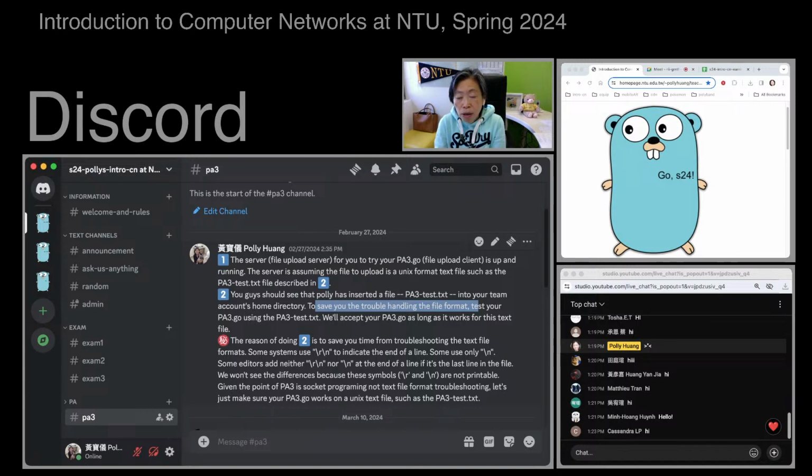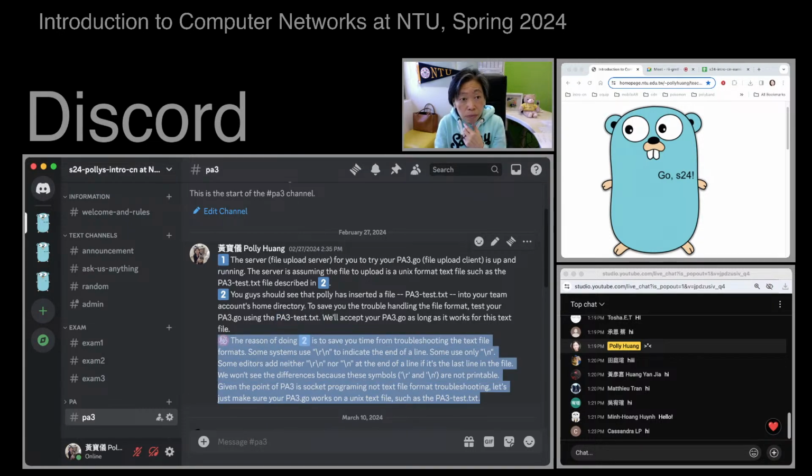So to save you time, we'll just accept your pa3.go if you can test it on the PA workstation using exactly this file in the home directory. You can move this file to the pa3 subdirectory. Polly also explains in more detail why. We just need to test your pa3.go using this text file. Good, so that was PA3.